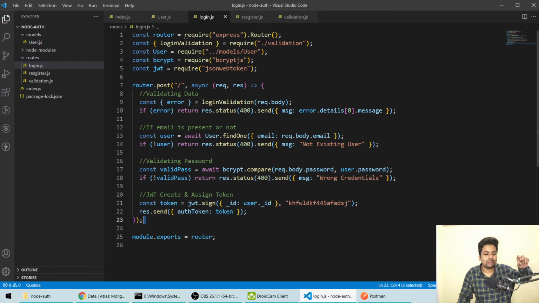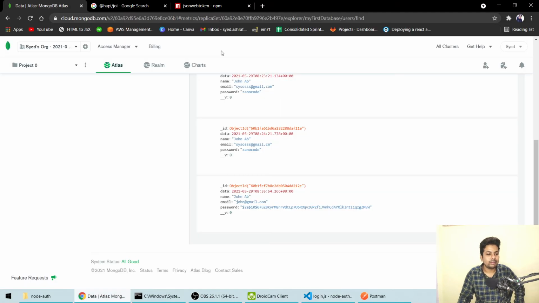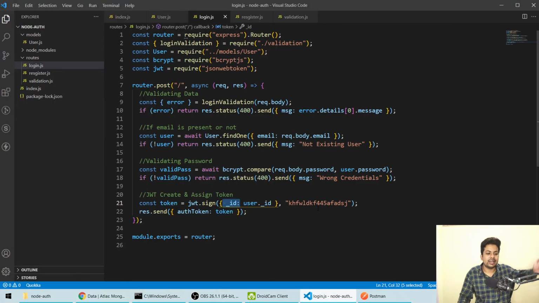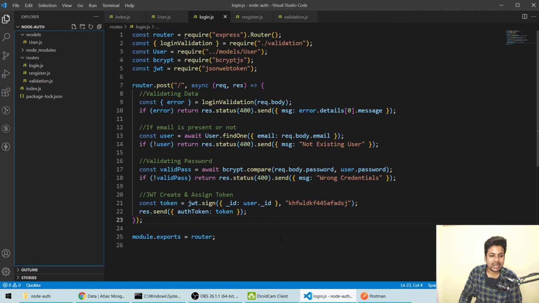From that I can go here in JSON and check who has that id, and we'll get the data. It may sound a little complex, but when I do it, it will be pretty clear to you. So for that we have to make a middleware.